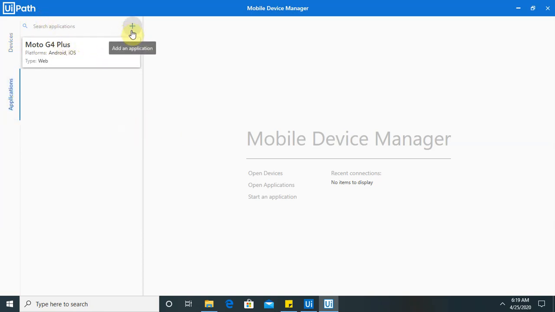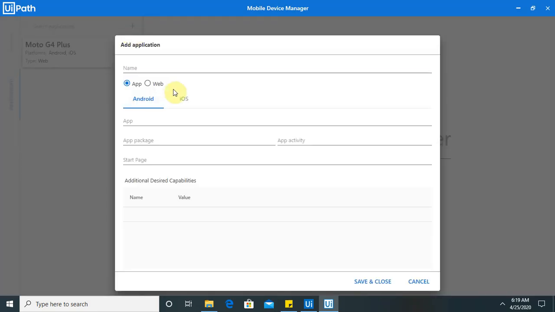Other than devices, if you want to add an application, that is also possible. Add the application name, that is WhatsApp iOS. So the app is WhatsApp, and the bundle ID, if you want to provide a bundle ID or start page, then whatever start page you provide, the same page opens once this application is launched on your mobile device.